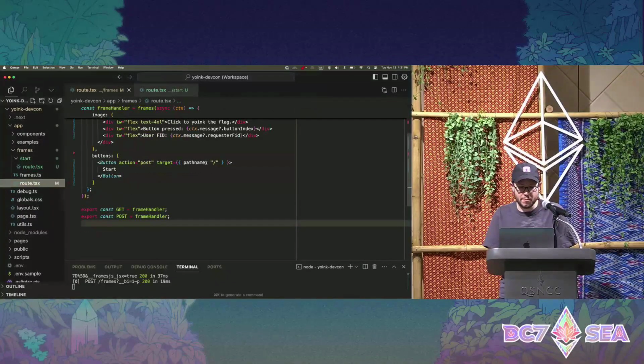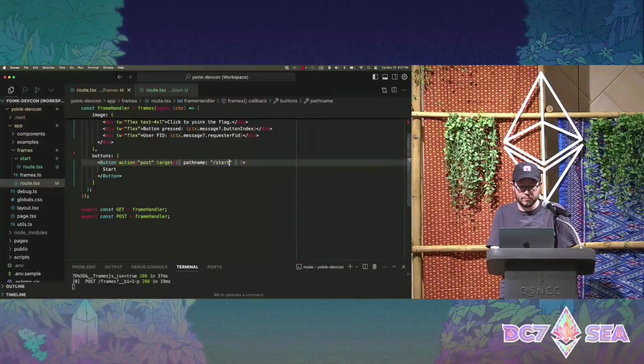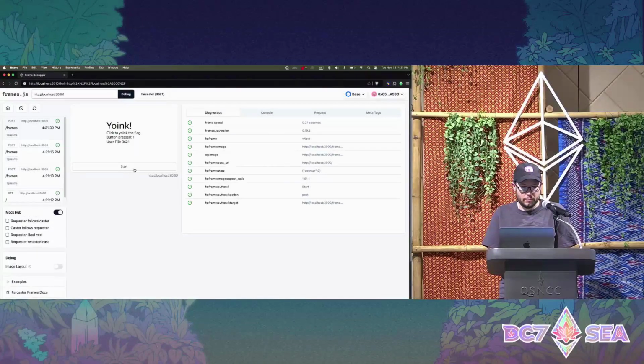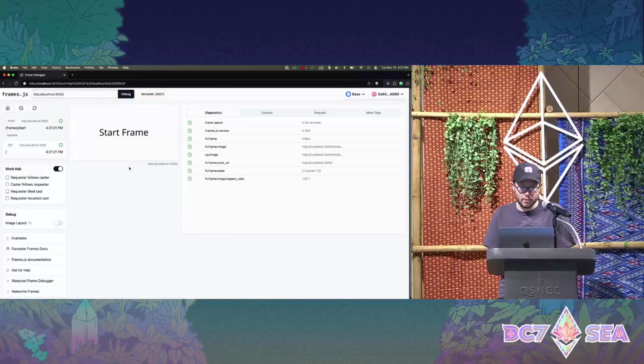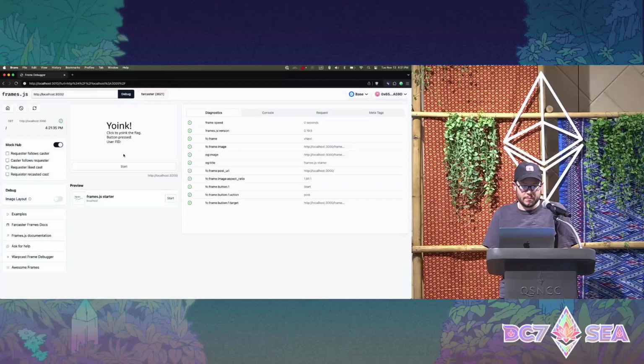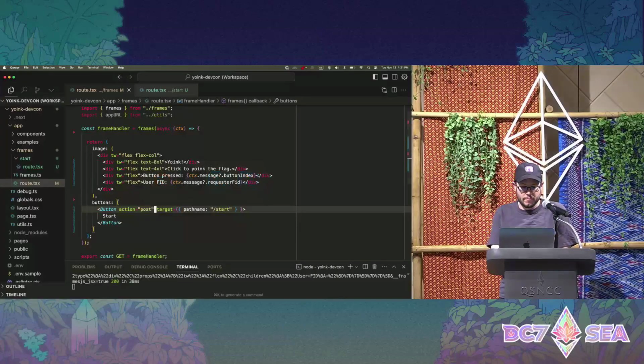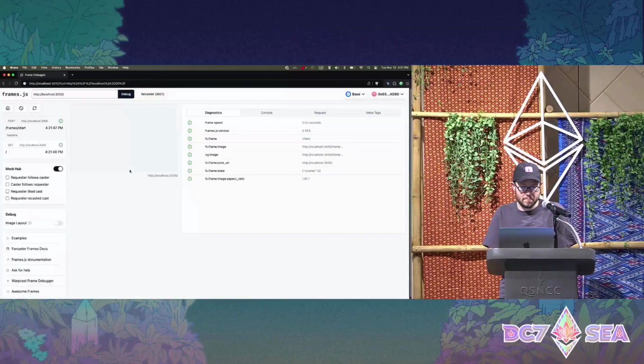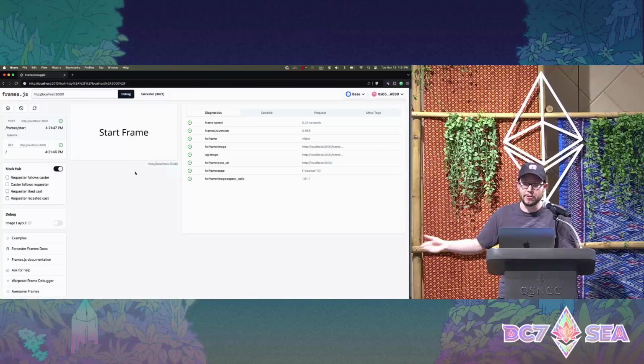We need to update this one to point to this new route. Cool. Let's remove this context data. Cool. So we've got our initial frame, our entry point. We're posting, and you can think of it as returning a new frame or redirecting to the next frame that's going to handle the next step in the workflow.